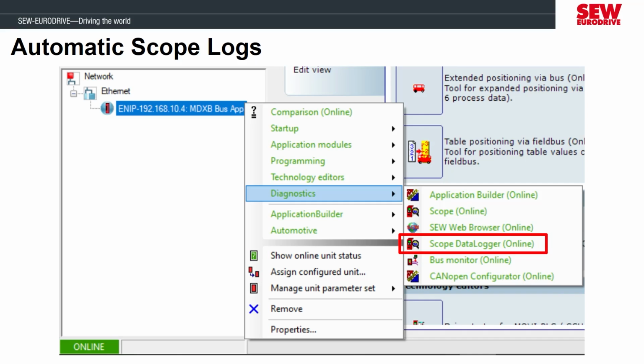After you set up the scope recording, there is also a tool called the DataLogger. This tool works alongside of the scope, and it's not required, but it is uniquely helpful in situations where the fault may only occur once in a while, and it's not practical to wait by the application until the fault occurs again. Since the scope runs on the MOVIDRIVE and not on the computer, you have to upload any captured